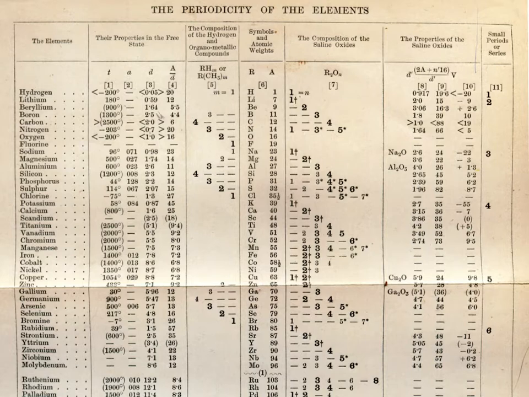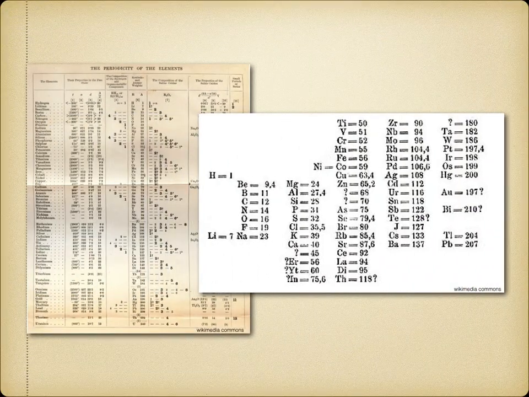One of the kind of explanations for how he went about doing this was he in fact just made note cards, like a game of memory, with all of the elements on them, and then rearranged, restructured the elements in a kind of table form before he solidified it as he got new data, and eventually settled on this structure. And again, in settling on this structure, he recognized that there were gaps in the structure.